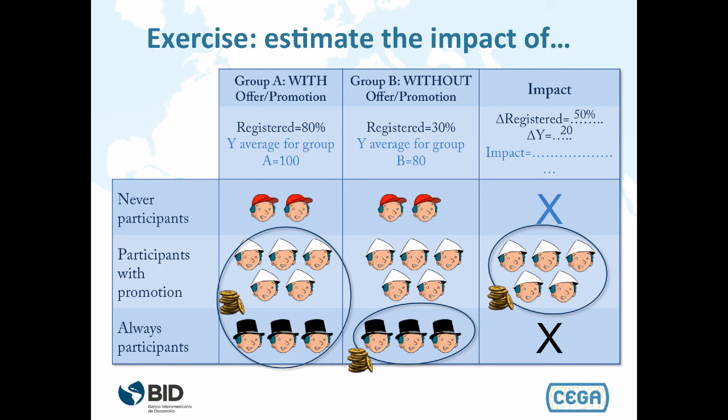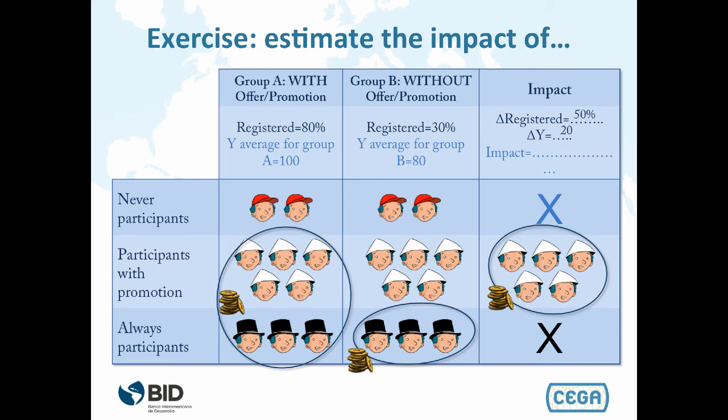One other thing to notice on that is if you were to look at the last row and you were to difference Group A to Group B, well, the red hats wash out with a big X and the black hats wash out with a big X. The only difference is the white hats, the difference in what the consumption would be of the white hats in Group A with the treatment to the white hats in Group B without the treatments. And so the change in